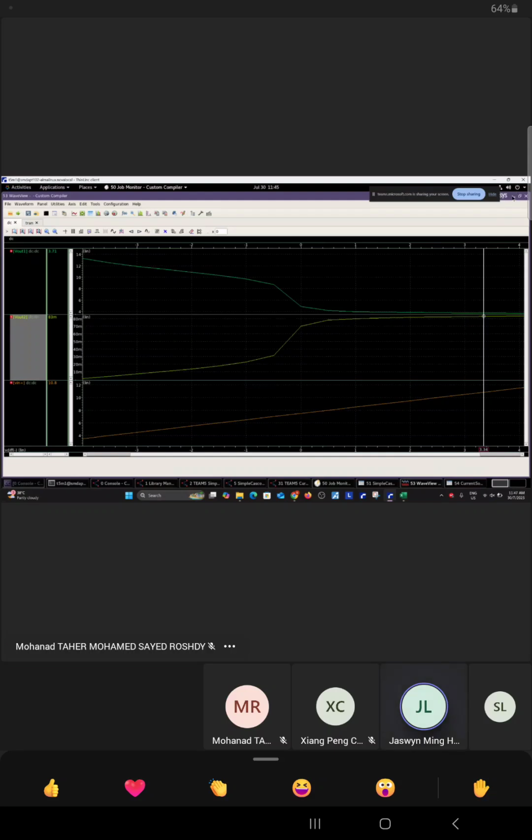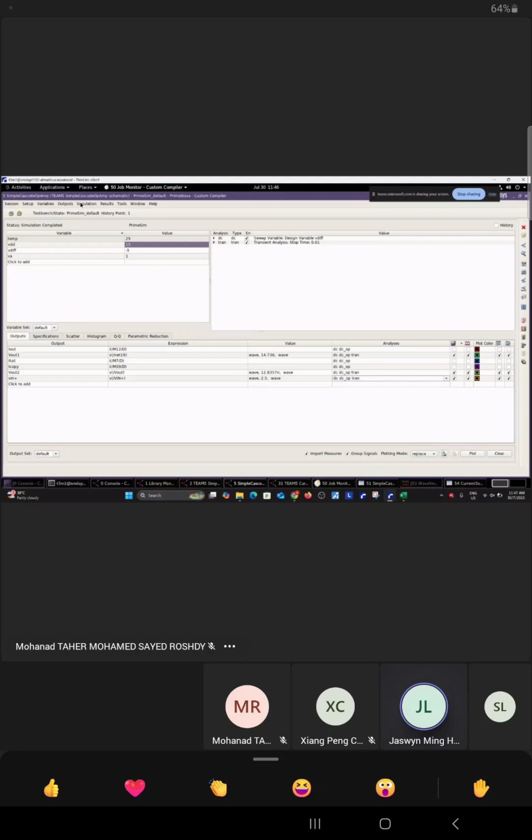How much was it in the first? 40, I think. 40, so maybe 20. Okay. Right now, if you want to save time, you can do one thing. You can do a nested sweep now. While you are sweeping the V in, you change the width of the top MOSFET, that one only. You give it a value like